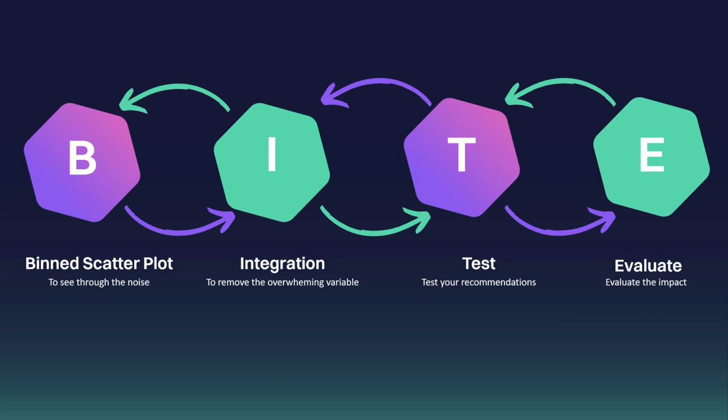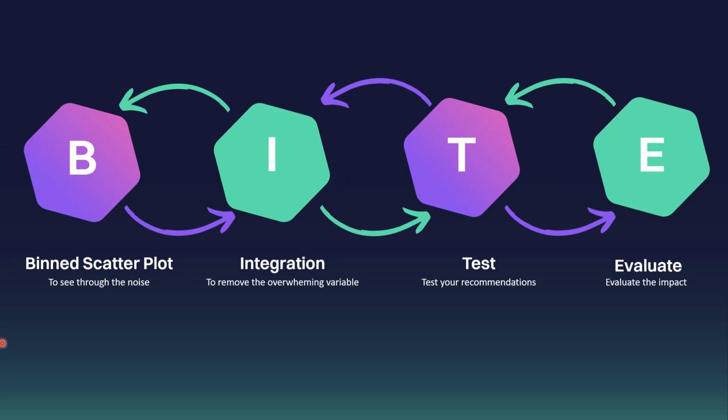So binned scatter plot, it's a simple visualization technique. It's taking that scatter plot that we just saw and putting the x-axis into groups, similar to what you would do for a histogram. But it's still a scatter, so you can see all your points in each group, and you can make out your trends a bit easier. If you haven't ever encountered this, you'll see some examples coming up.